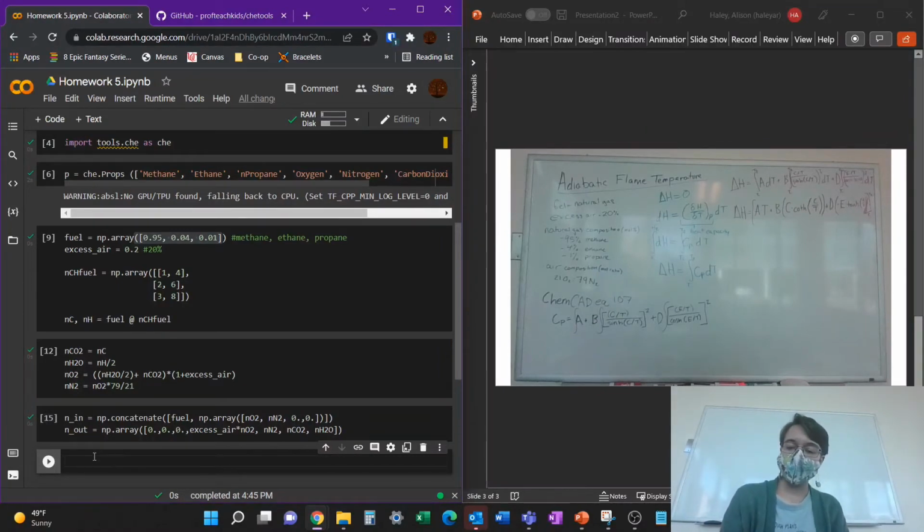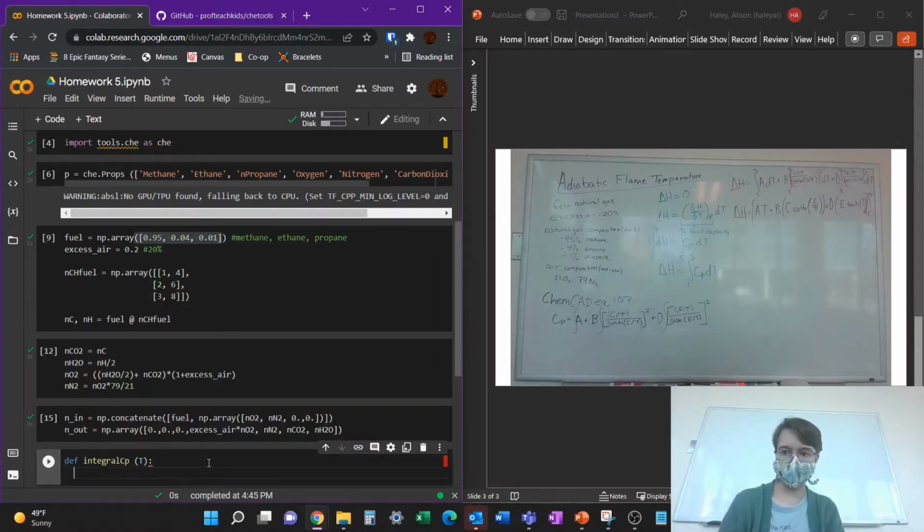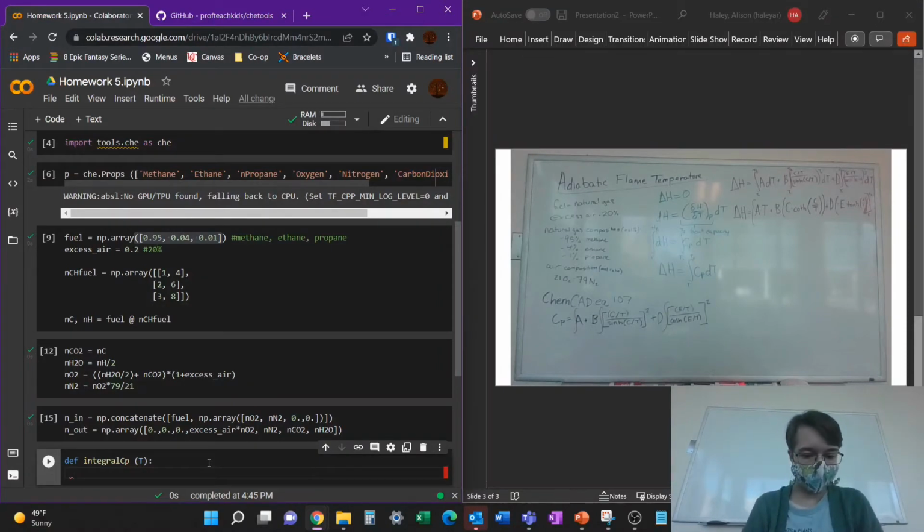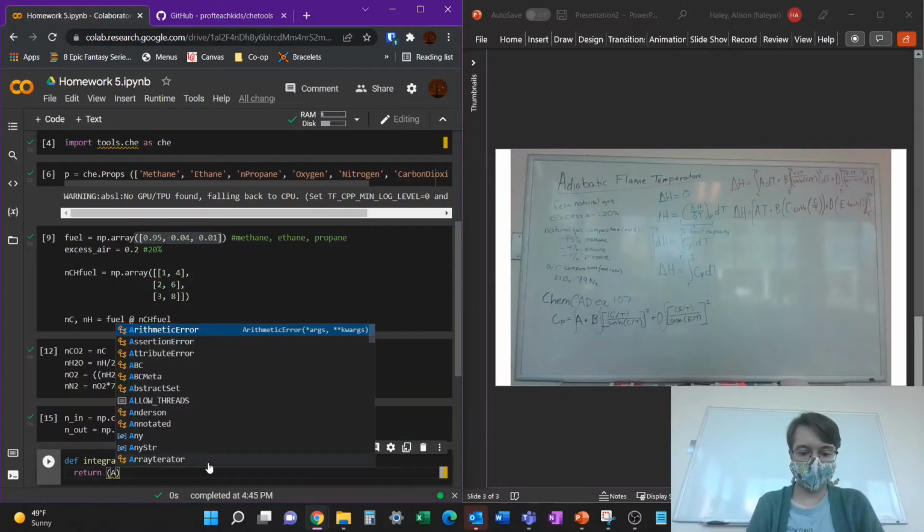So what we're going to do is define a function that will return our integral. So define integral, integral of the heat capacity. And we're going to input our temperature, because that's our independent variable here. Then we're just going to return the integral that we calculated. So it'll be A times T